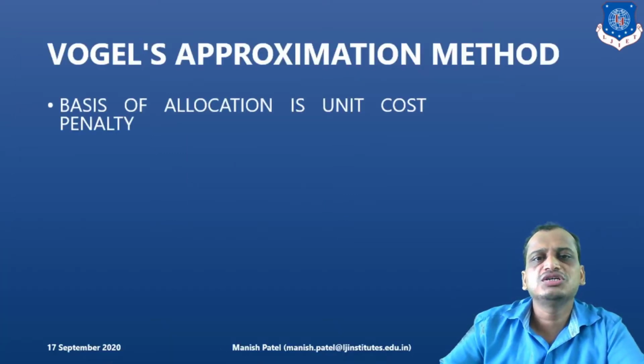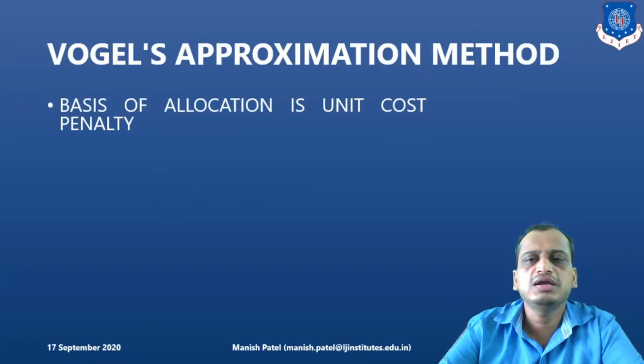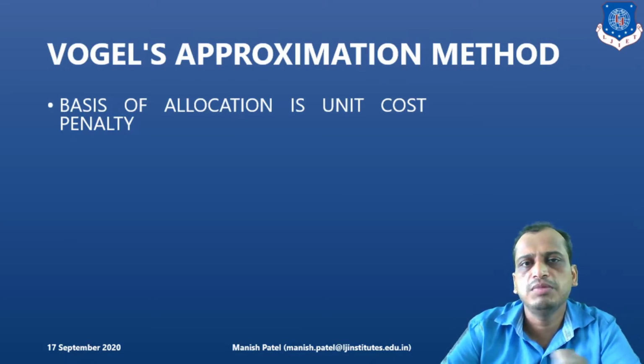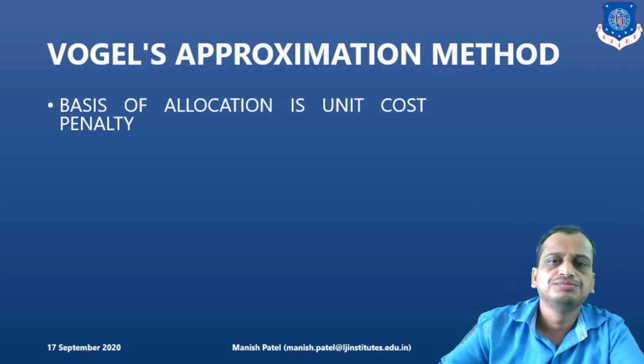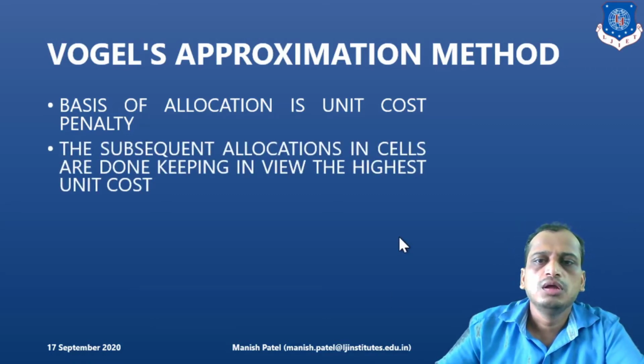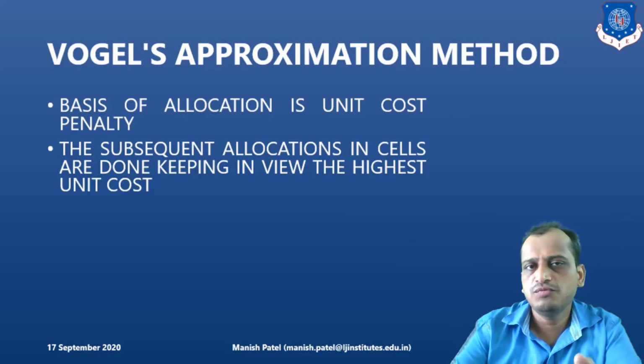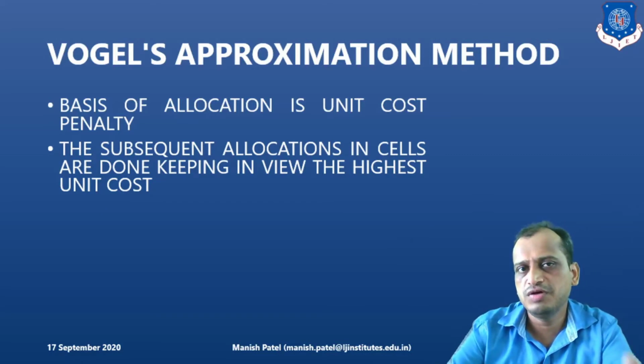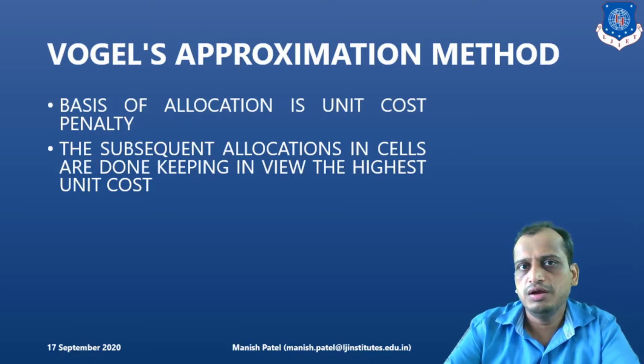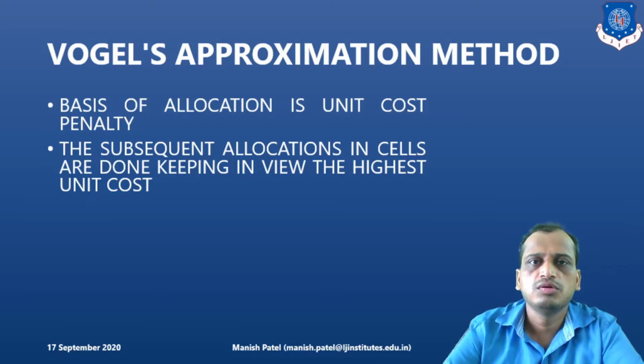So what is the general step? The first is we will allocate based on the penalty. Cost penalty we will give, and whatever the penalty is, we will allocate based on this penalty only. Now, subsequently, we will calculate the penalties one by one for each cell in the given transportation matrix. Clear? And based on this penalty, we will allocate whatever the units, whatever the packages are. Clear?